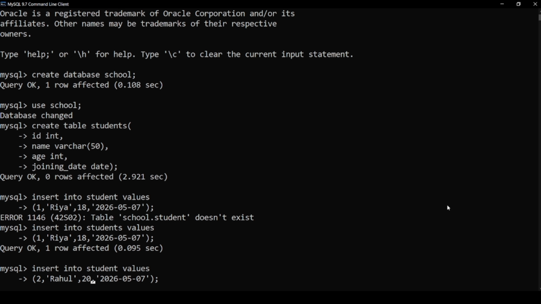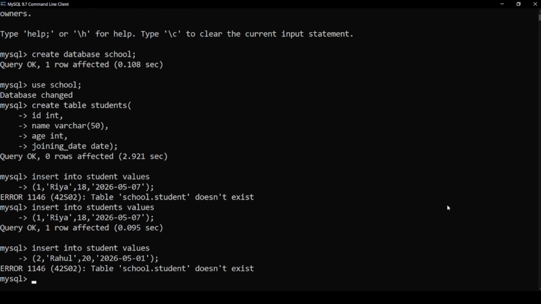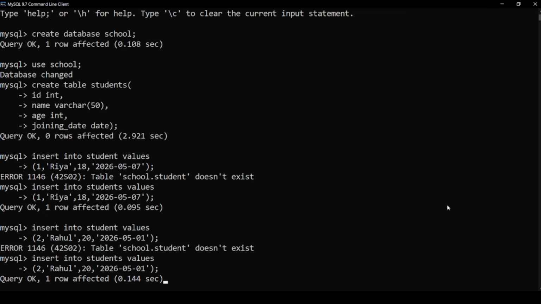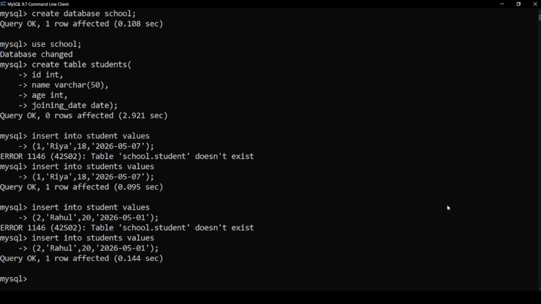Joining date, instead of 7 I mentioned 1. Oops, again the same thing. So here I've created my data which has two records.